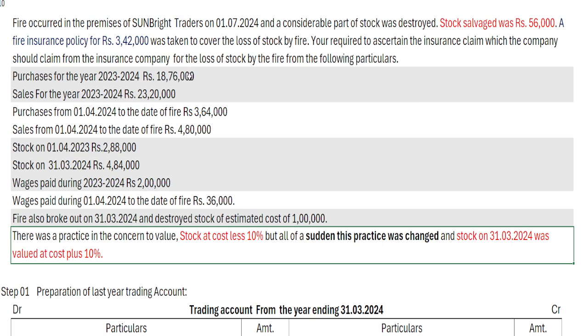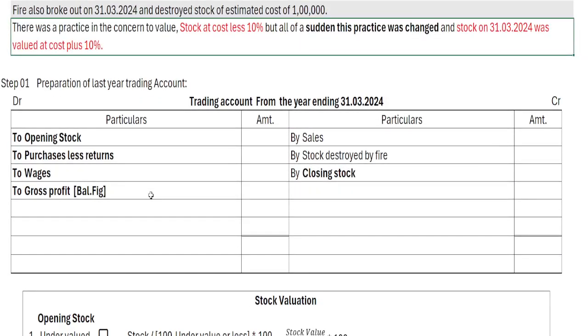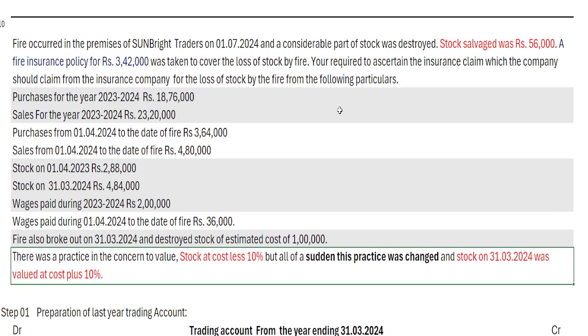This is the previous year data, and what is not highlighted is the current year data, which is from the beginning of the year to the date of fire. So this information we have to mark, which is important as per the question. Now let's calculate. The gross profit is not given, so we have to calculate the previous year